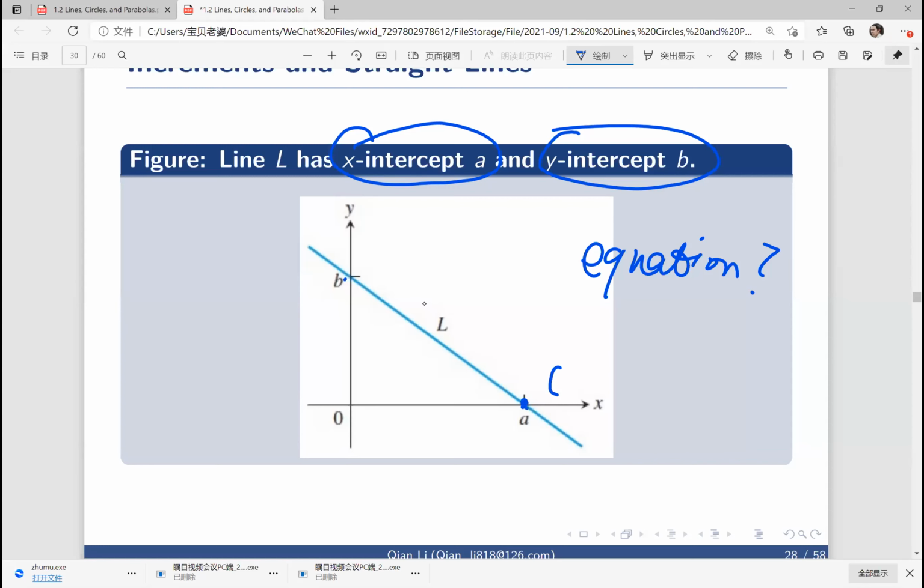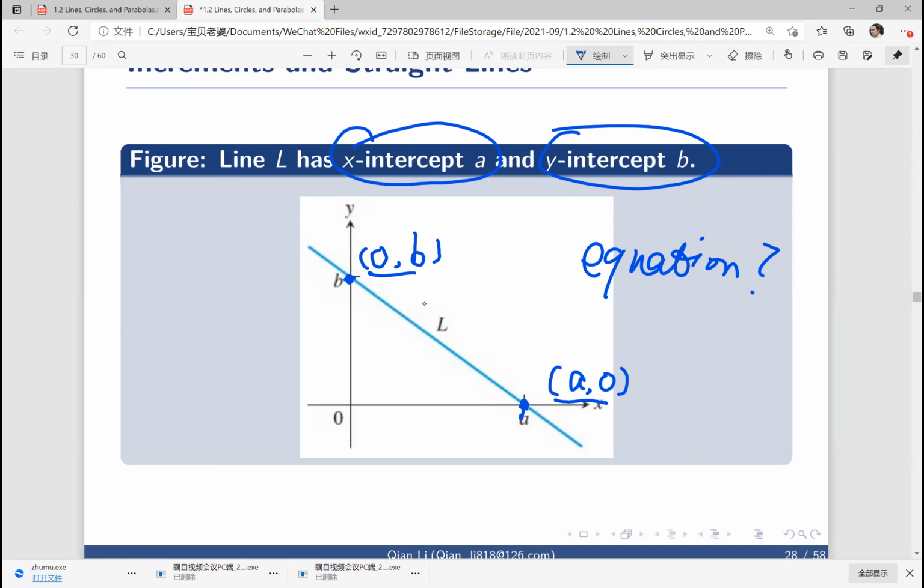The ordered pair of this point is (a, 0), and this point's ordered pair is (0, b). So if we know this point and this point, and the line passes through the 2 points,